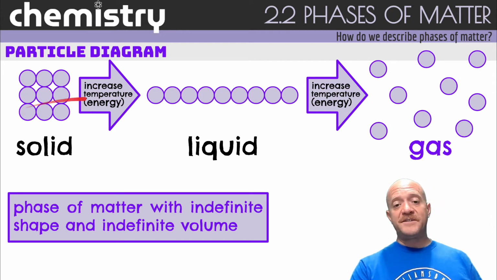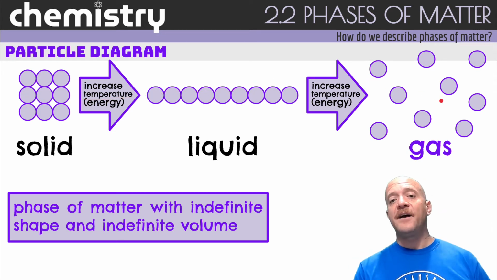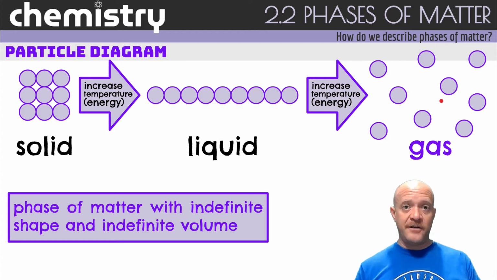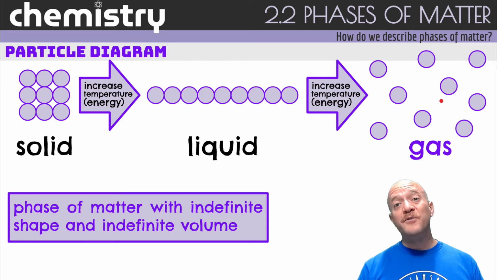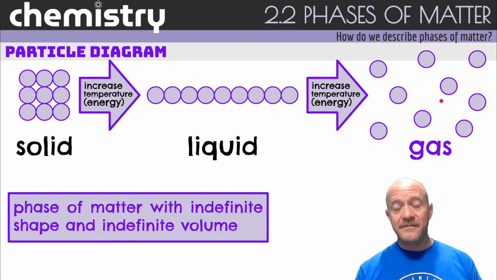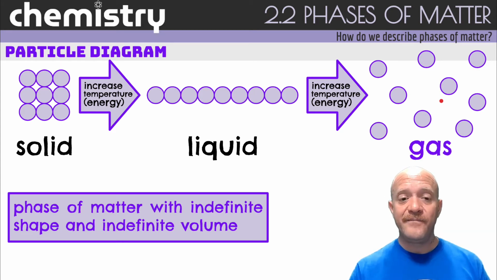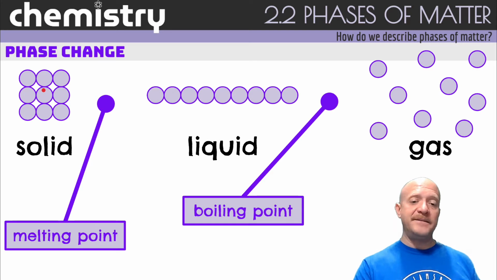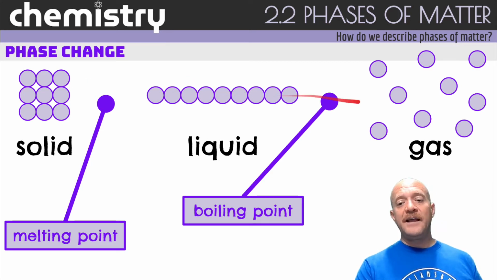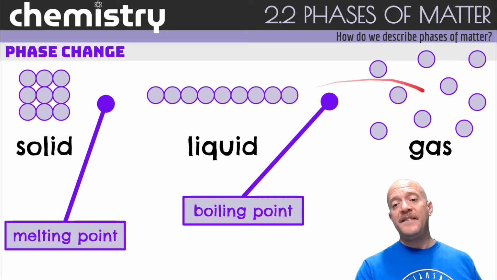So as you move from solid to liquid to gas, the particles are moving faster. And this is something that's very important in chemistry. Warm particles move faster. Keep that in mind. The change between the solid and the liquid is called the melting point. So going from solid to liquid is melting, and the opposite is freezing. And going from liquid to a gas is boiling, and the opposite, going from a gas to a liquid, is